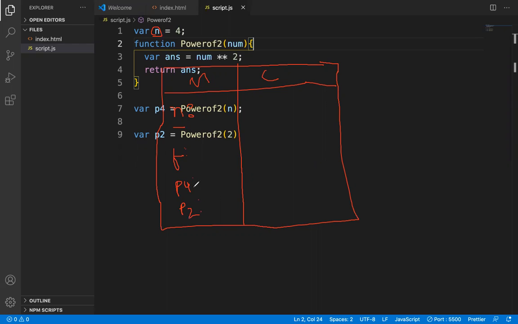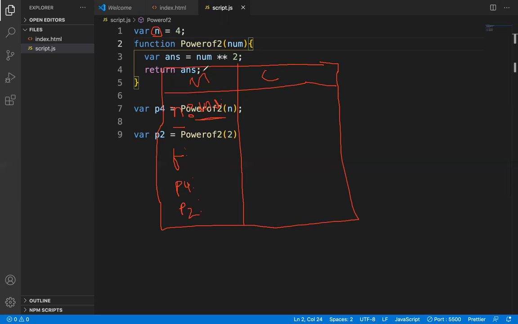All these variables get a special value called undefined. We will talk about what undefined is later. So it stores a special value known as undefined, and in the case of a function, it will store the whole function.